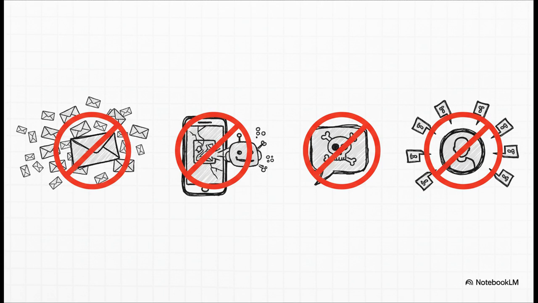Second, using those modified or unofficial apps like GB WhatsApp is a major trigger. I mean, not only do they violate the rules, but they are a massive security risk. They can literally inject malware onto a phone or just straight up steal your data. Third, using bots to automate messages is a clear violation. And finally, sending harmful content or just having a bunch of different people report your account can put you on a fast track to getting banned.